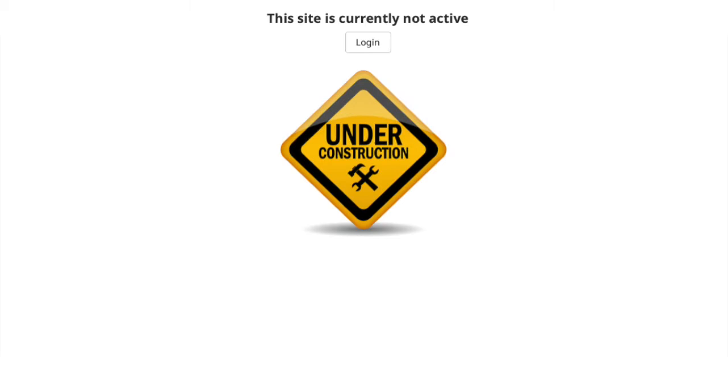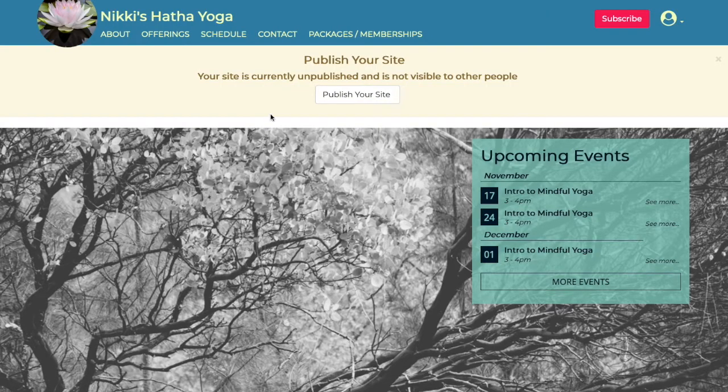on the web, but there's a login button so that you can log in and see your site. Now note that if you've logged into your site before and you visit it, you may see your site, and it may say, just like it shows here on the screen, publish your site. Your site is currently unpublished and is not visible to other people. So you might have one of those two screens, either the site is under construction or this other one that